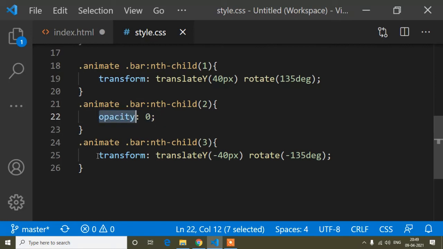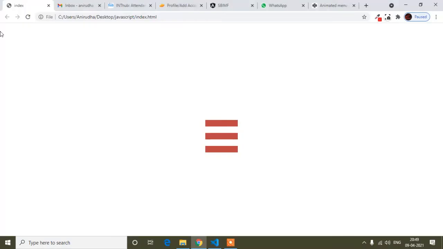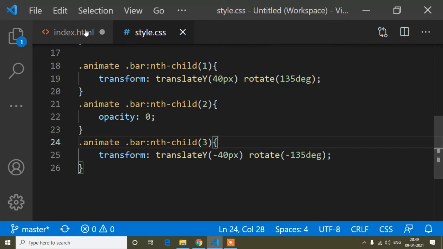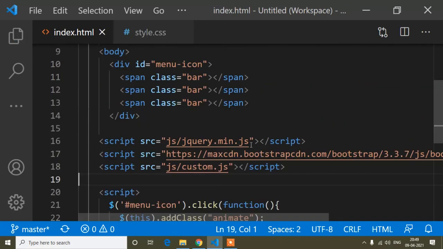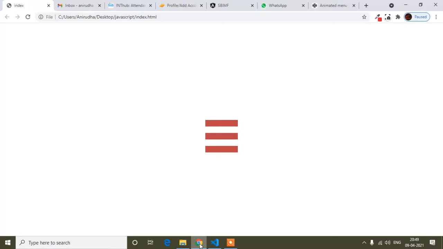And you can see the third line also moved. Now I will refresh, and if I click, I think I forgot to save here, so save, and now refresh.